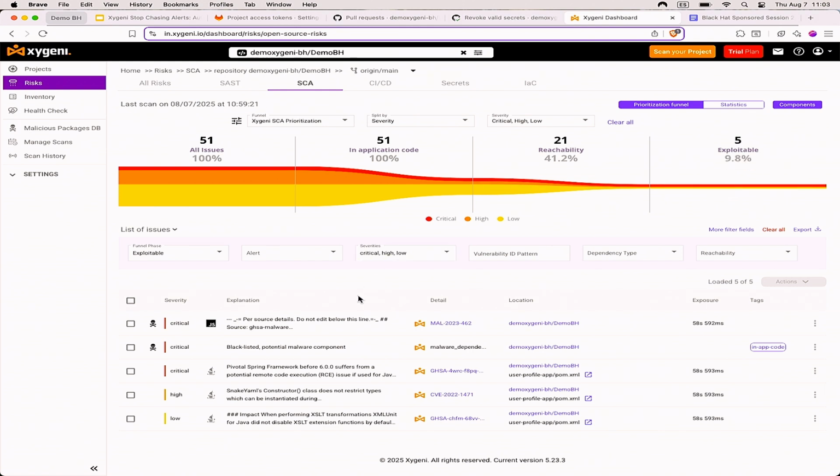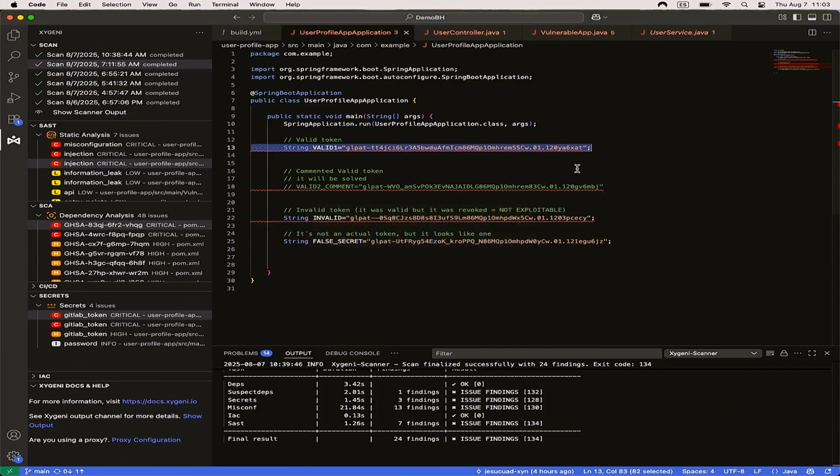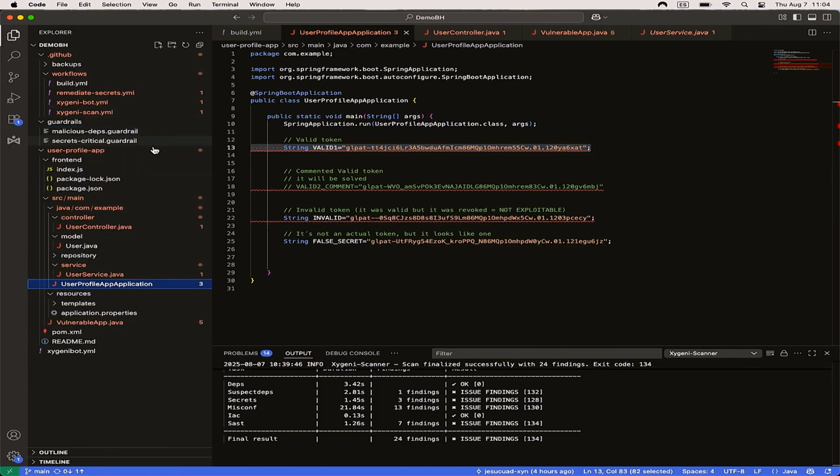For this, we are going to select all of them. We are going to launch bulk remediation. We can remediate some of them automatically, and we have to remove manually the malicious component in this case. We are going to create just one pull request to modify the configuration. Okay, everything is done, and we are going to remove the malware